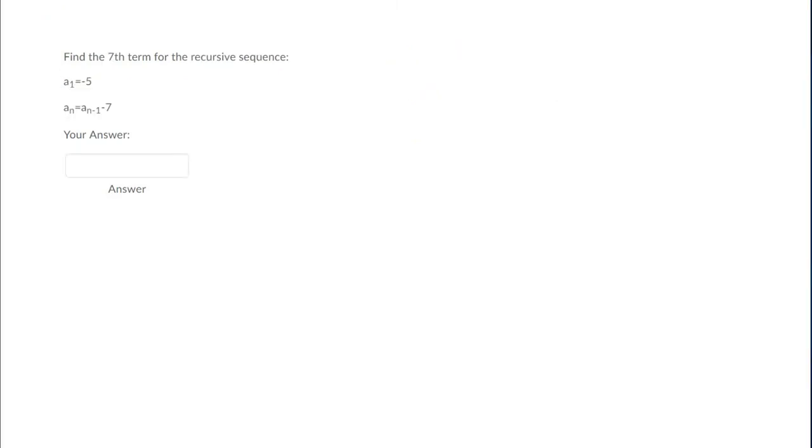Okay, so here we are on problem number 6. And in this case, they're telling me that my first term is 5, or negative 5, I'm sorry. And now they're telling me here that each term, which we can call an, equals the term before it